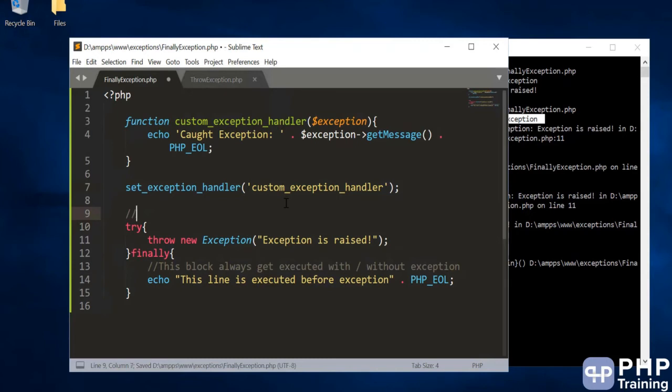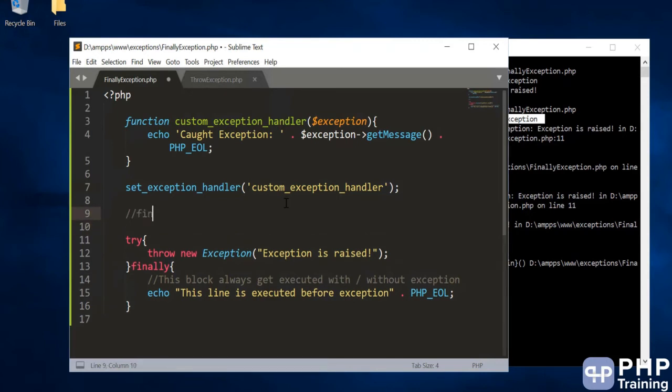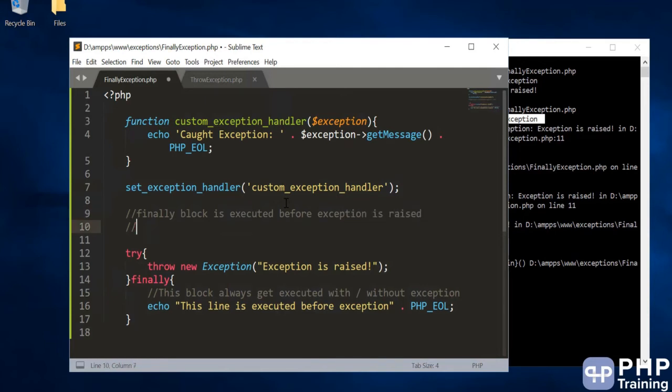Okay, so a couple of points that you need to remember. Finally block is executed before the exception is raised, and even if you throw an exception, this is how you throw an exception, right? Even if you throw an exception, this line gets executed.